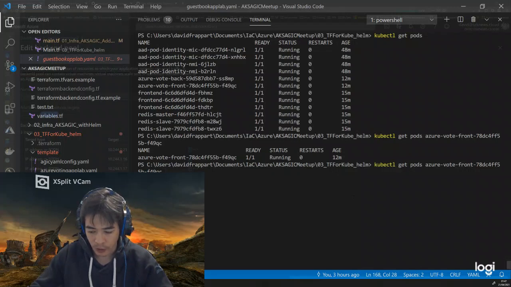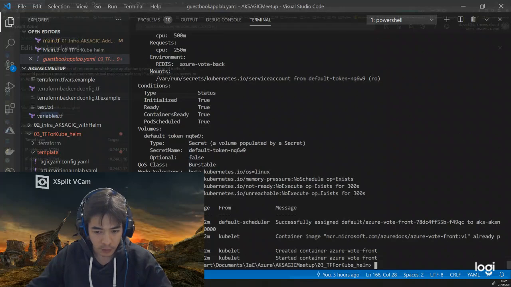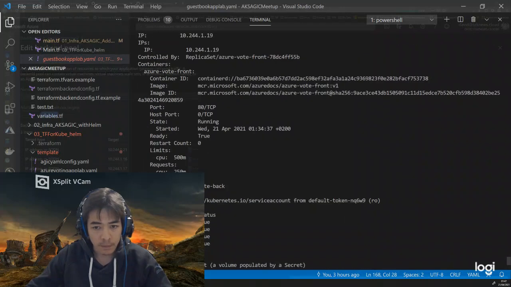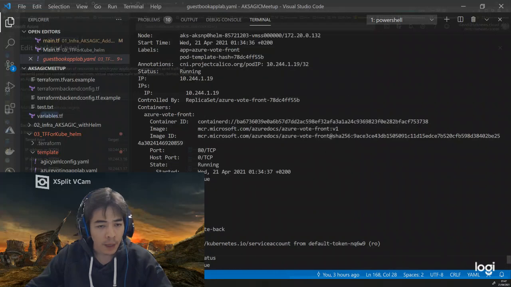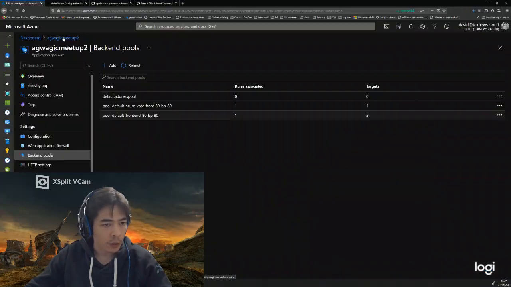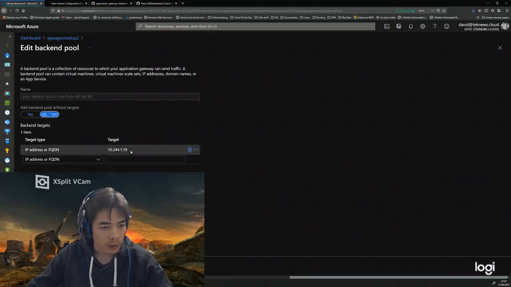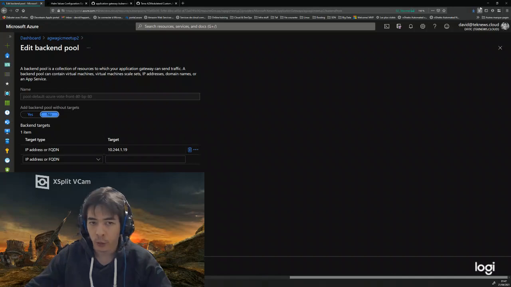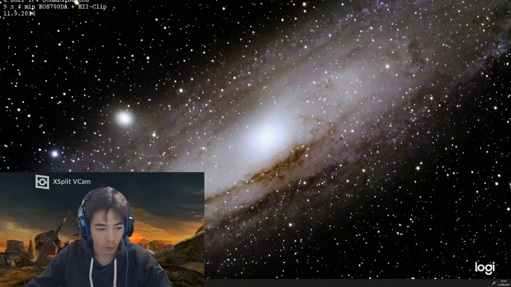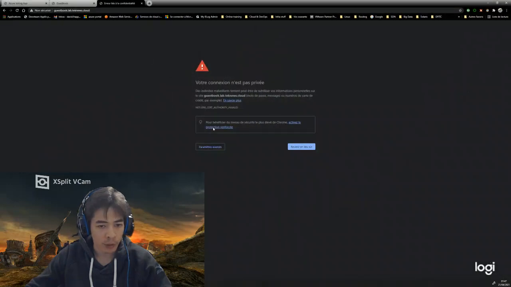I should get the IP with the describe, I think. And as you can see, I do have an IP 10.244.119, which is not this one, 10.244.119. So this is the correct backend which is defined on the application gateway. So this is fine. Let's check that we are able to access that.